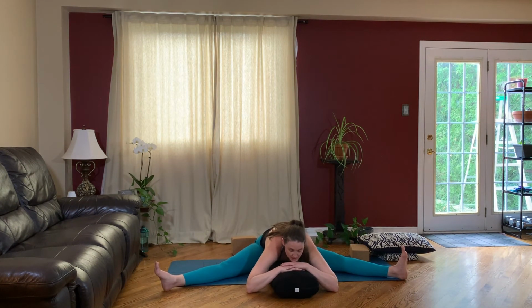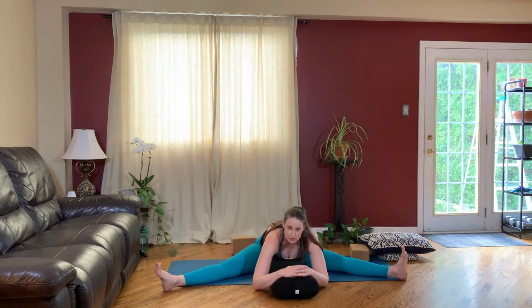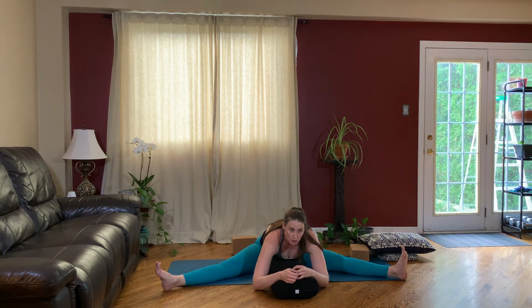relax into this position as much as you can. So get yourself into a good position where you just feel a bit of a stretch. You don't want to become stressed or it to be really uncomfortable, because then you will tense up more and it will be harder to stretch. So find a comfortable position, probably about 60% of how far you can go,